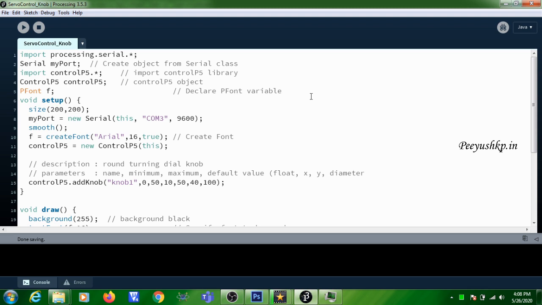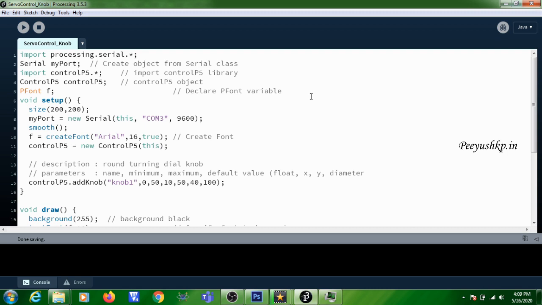In this session, I am going to explain how you can send a value which is read from the knob widget created in the Processing IDE through the serial port, so that an Arduino board connected to the same serial port can read the value.